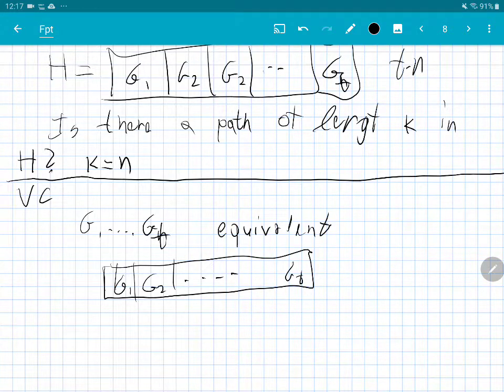But then in this new instance, what am I going to ask, right? So I can ask, for example, let's assume that all those problems have the same parameter. They're equivalent with parameter k, right? For all of them I'm asking together, is there a vertex cover of size k? Then, intuitively what I want to ask is, does this huge graph have a vertex cover of size kt, right? I'm saying it in double quotes because, of course, this is completely false, right?